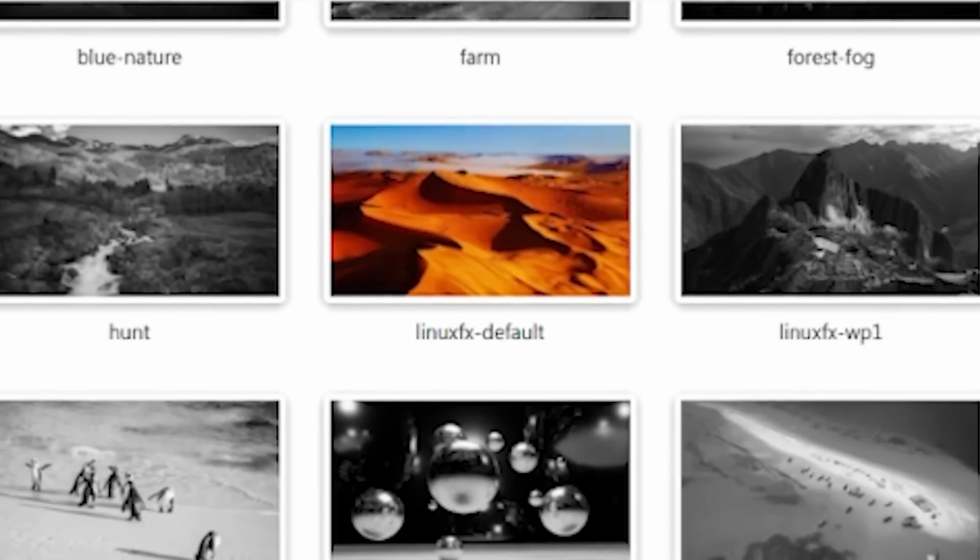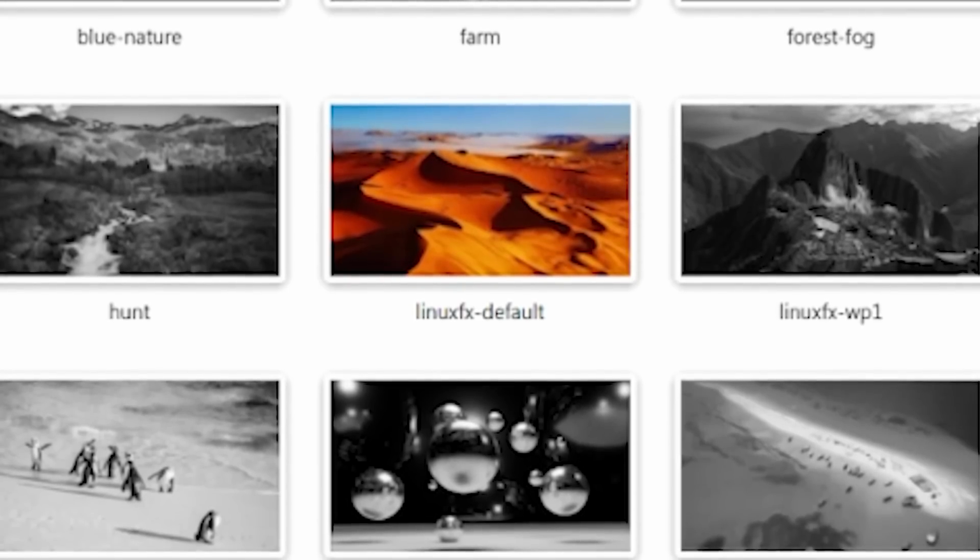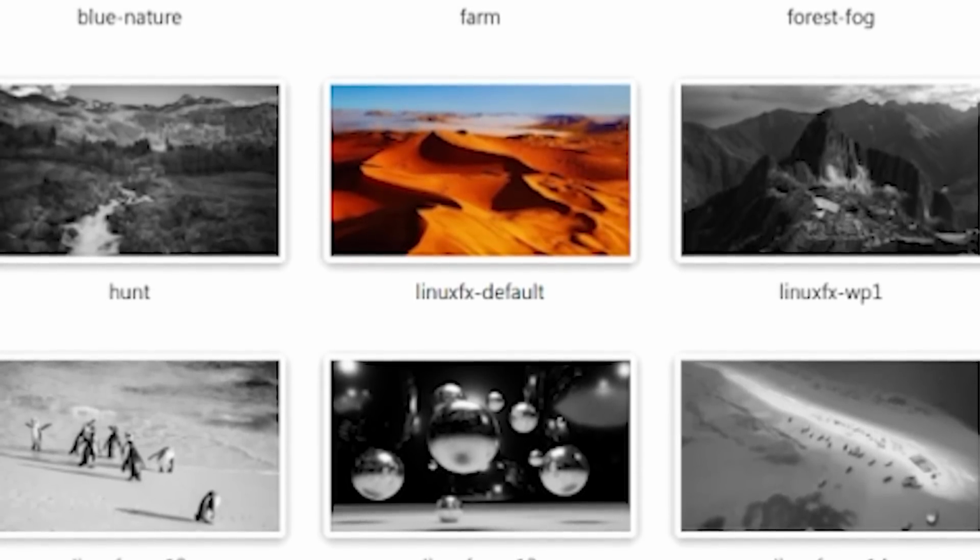Now, at the end of the day, is this worth trusting? That's a story we need to now dive into. Earlier in this, when we were looking through its wallpapers, I told you to remember the name LinuxFX. At this moment in time, there was a write-up done by a website known as kernel.eu, which actually talked about something known as LinuxFX.